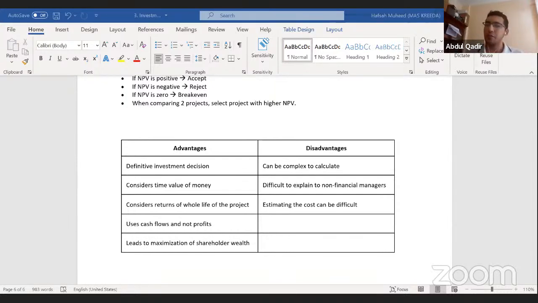We don't add the entire 250 because out of the 250, 200 is maybe for your normal day-to-day operations. That 50 is what you incurred for this project only. So in investment appraisal, you need to include only cash flows which are for the project. You are not going to include a revenue or a cost from another project. So that is why we record only that change, the extra 50, not the entire 250. I hope that's clear. Any more questions?